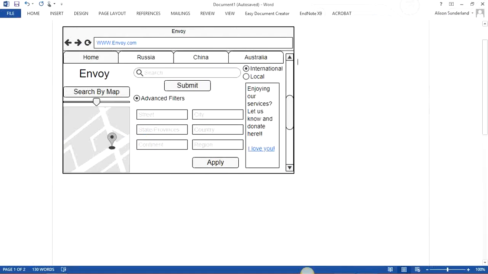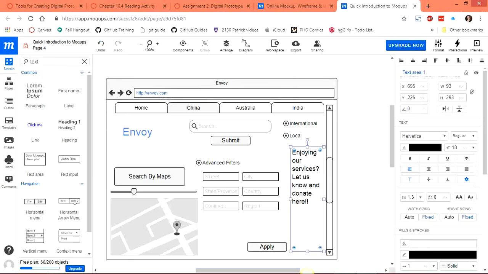But there is one additional thing that I notice on my example. It says I love you, and it's blue. I'm assuming that that is a hyperlink. And so I'm going to put that text in here, and if I want to change it to a hyperlink,